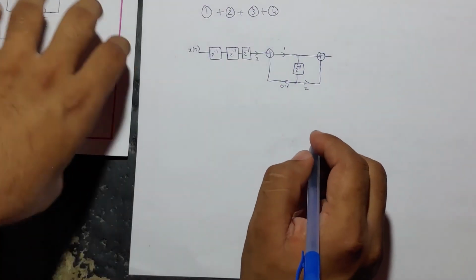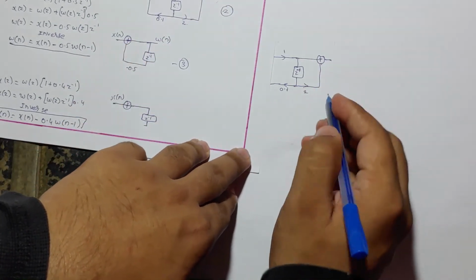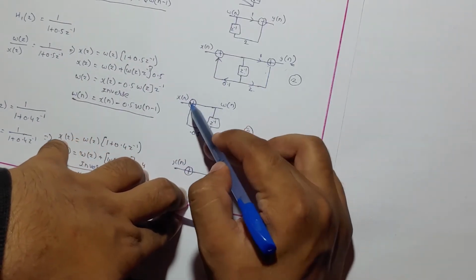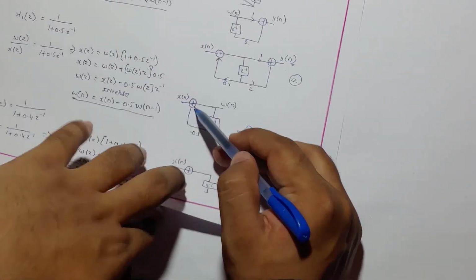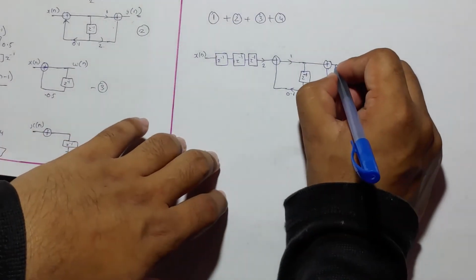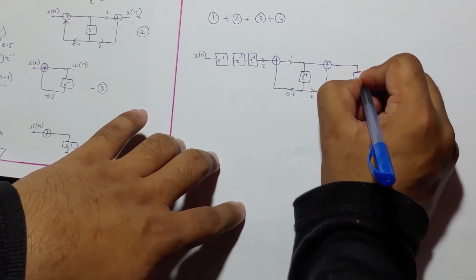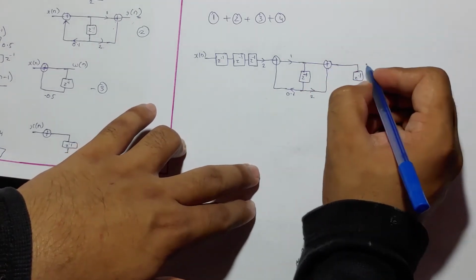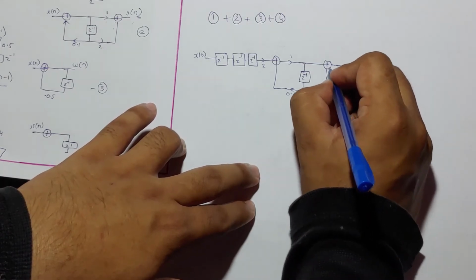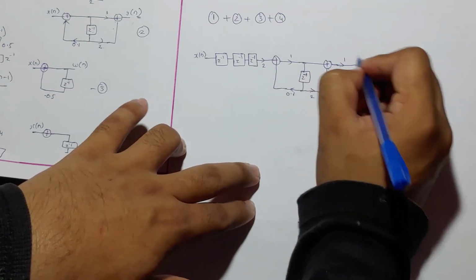Now let us add this set. Here the adder element is common in the last two, so let us remove and keep only one adder. Here already it is present. So that is, it is inputted with an inverse element, and it is added to the adder to get an output of w of n.